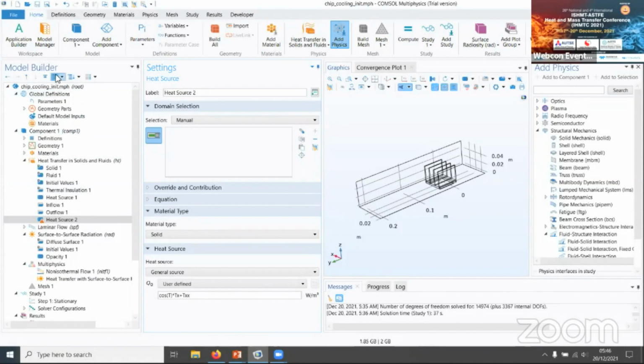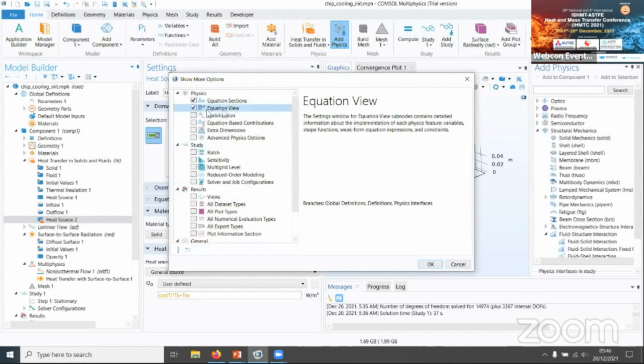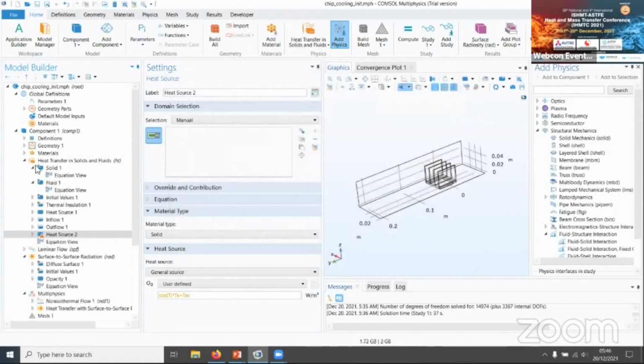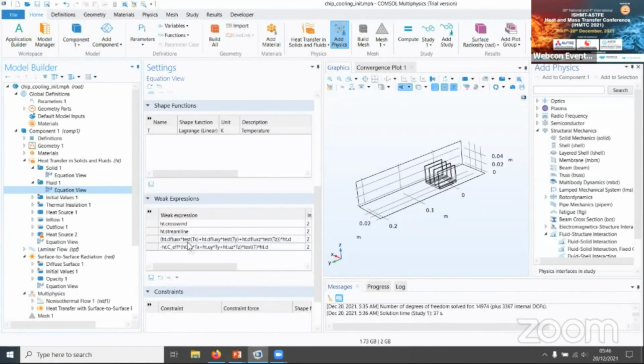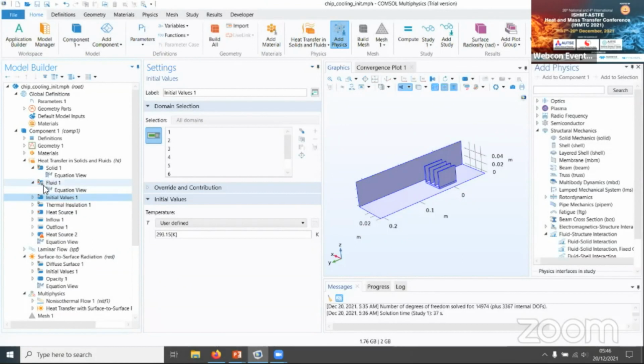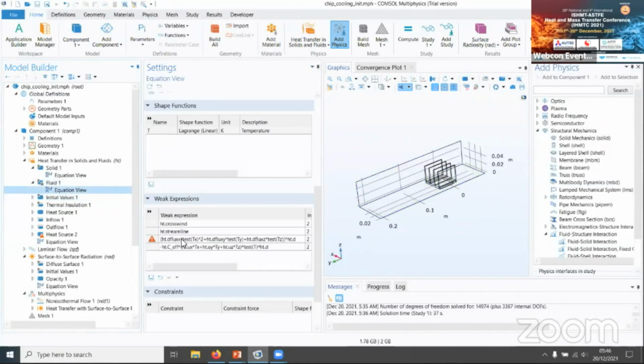And if you are really keen and comfortable with equations, you have this equation view that I also mentioned, and you can go there. If you are familiar with equations, you can see all the equations we are solving, and you can type, modify them, and next time you solve, you get this sign saying you are doing something on your own, and we are no longer solving the default equation. So in most cases, you really don't need to program. You do everything in the user interface.